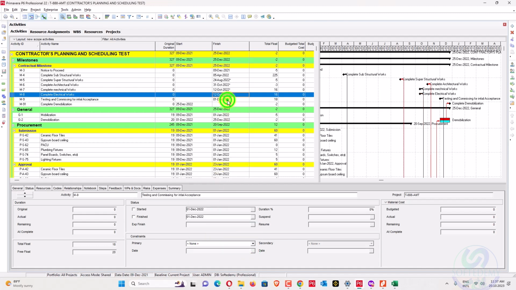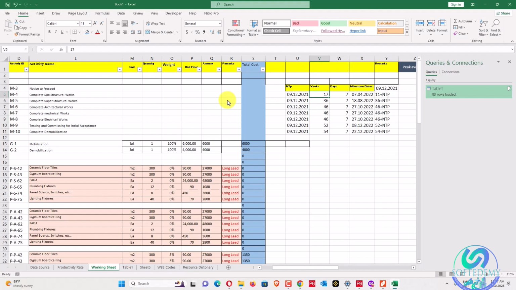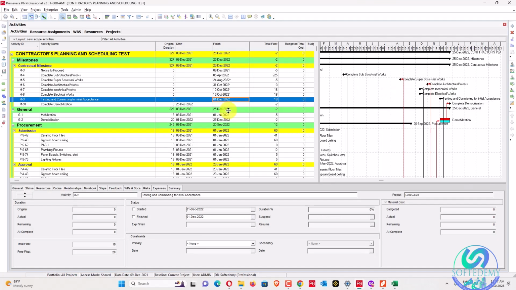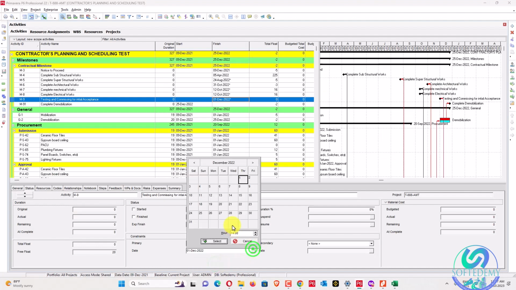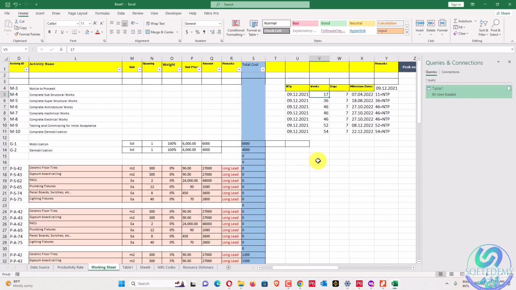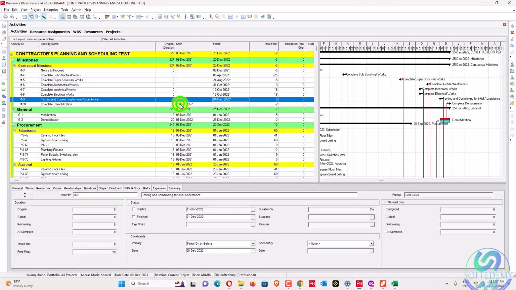The last one is 8 of December, 8 of December. What about complete demobilization in 2 weeks?